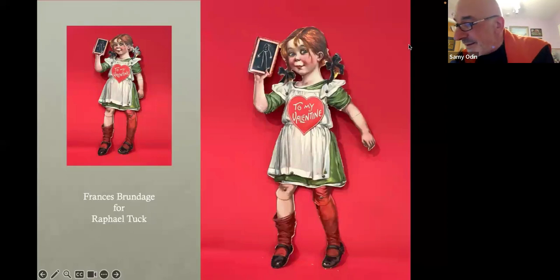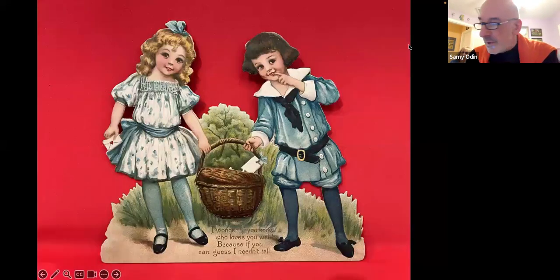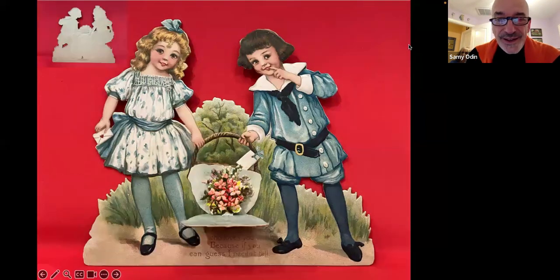This Valentine, for example, has all of the characteristics of a top quality piece of ephemera. A big size, a pristine condition, a child representation, and a surprise. Look,